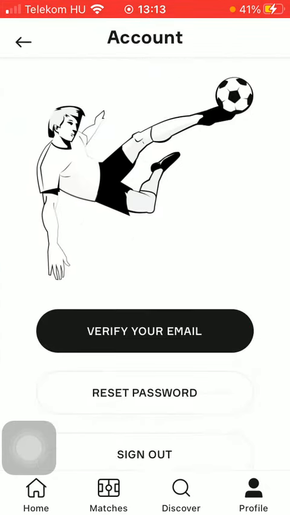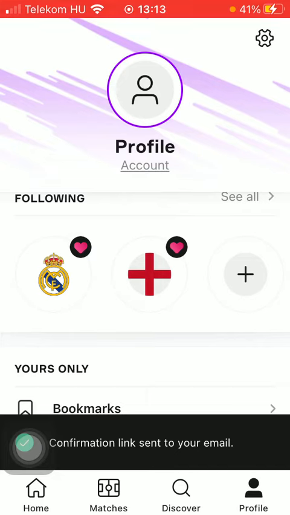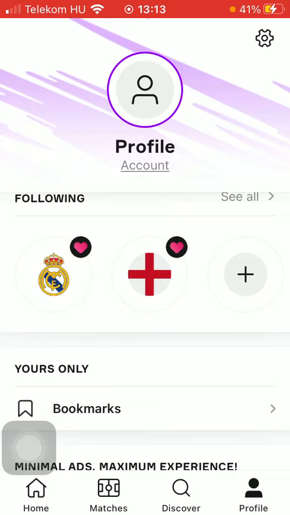So here you need to verify your email first. So tap on the verify email. Then a confirmation link has been sent to your email. So go to your